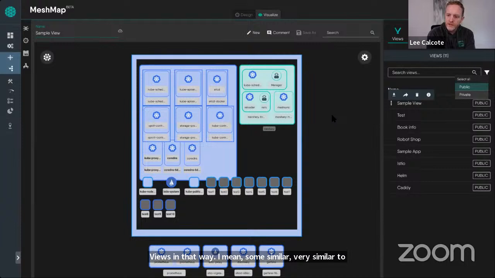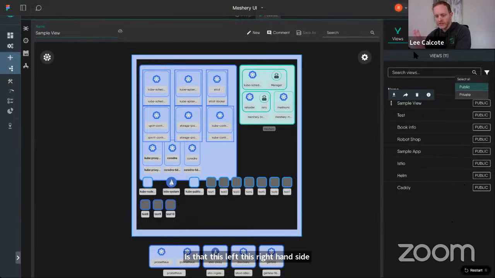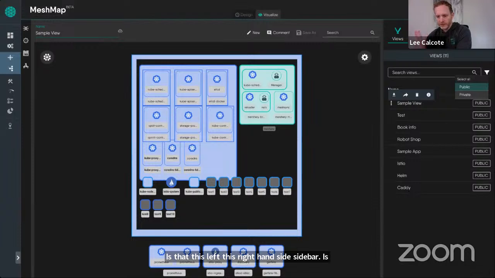And one of the things that Pranav is openly wondering, and I wonder if others on the call have a perspective, is that this right-hand side sidebar is not a mirror image of the left-hand side sidebar, meaning it's not inverted, it didn't flip over.